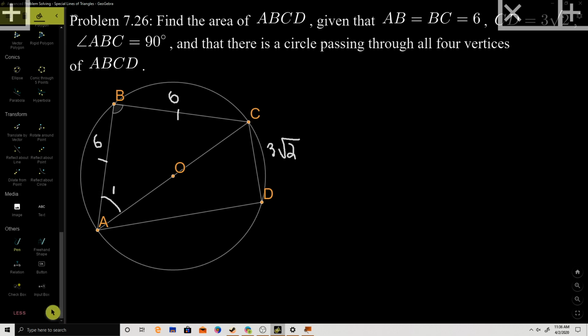So this is 45 degrees, which means that the length of AC is equal to 6 times the square root of 2. Because it's a 45-90 triangle. Alright, that gets us